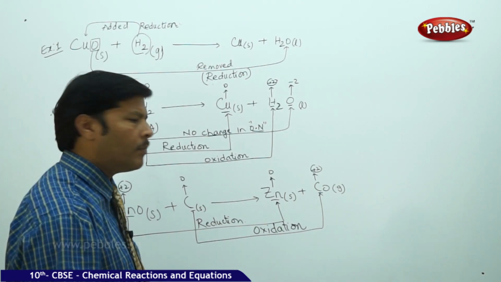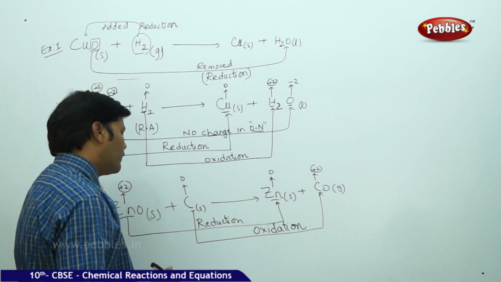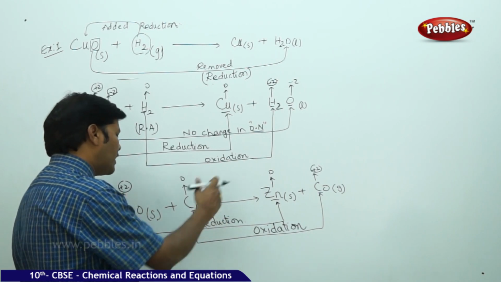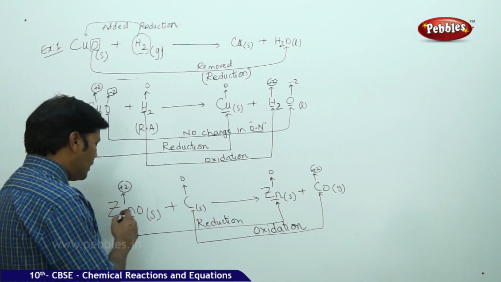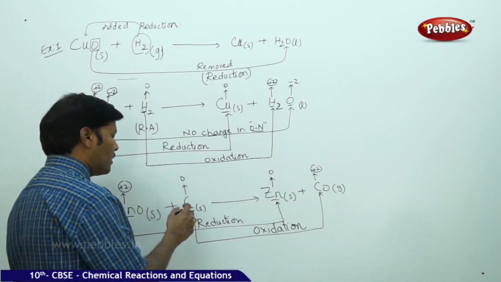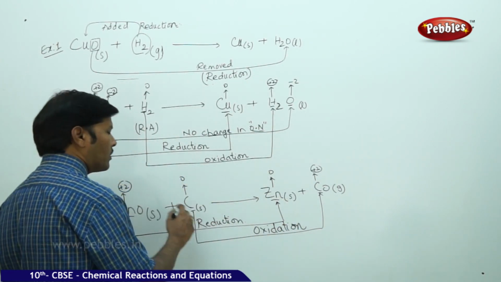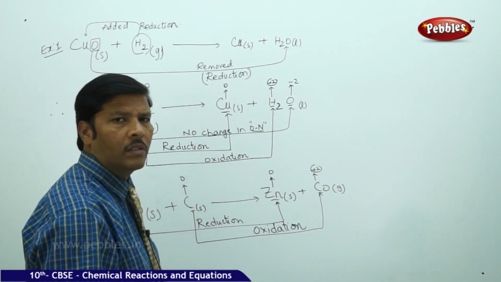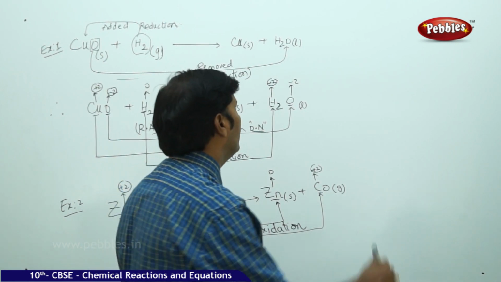So this is a perfect example of a redox reaction taking place simultaneously. Reduction is taking place, and simultaneously oxidation is taking place. Here zinc in zinc oxide is getting reduced to zinc, and the carbon is getting converted to carbon monoxide. So both oxidation and reduction are involved parallelly, therefore we can call it a redox reaction. So the next part of the discussion is